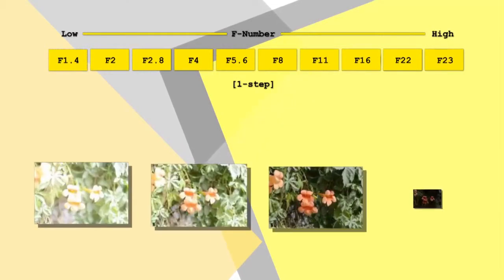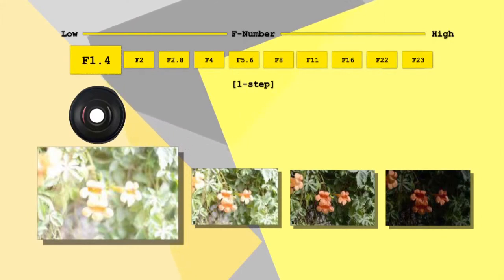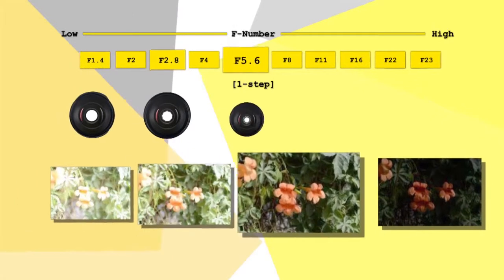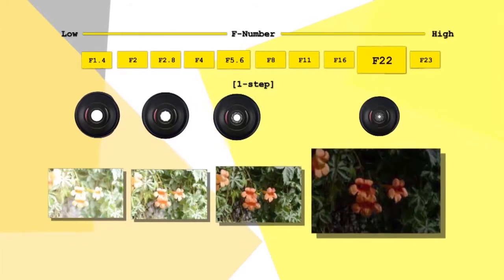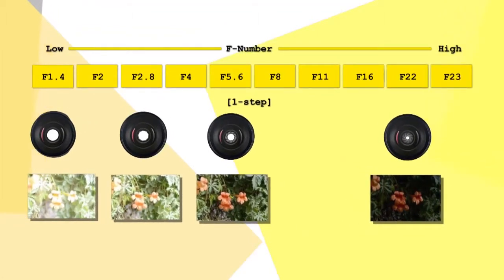Now, as you can see from the reference images, the first image that has been shot at f1.4 is an overexposed image because this f number was too wide in the given lighting situation. As we keep on increasing the f number further to 2.8, the outcome is still better, but it's again an overexposed image. You keep on increasing the f number, you keep on making the aperture smaller and smaller. So f5.6 is what gives us a balanced exposed image. You keep on increasing the f number further, you will get a darker output. So depending on the lighting situation, you decide what kind of f number you should have while shooting an image.